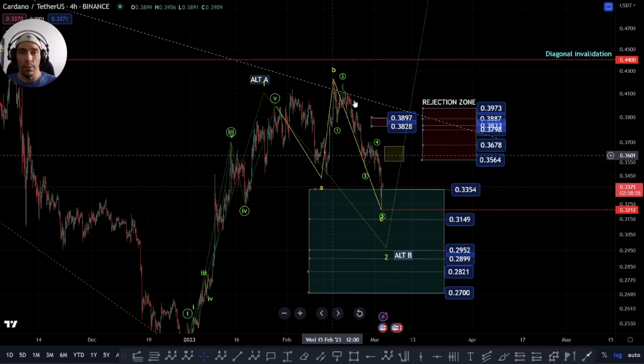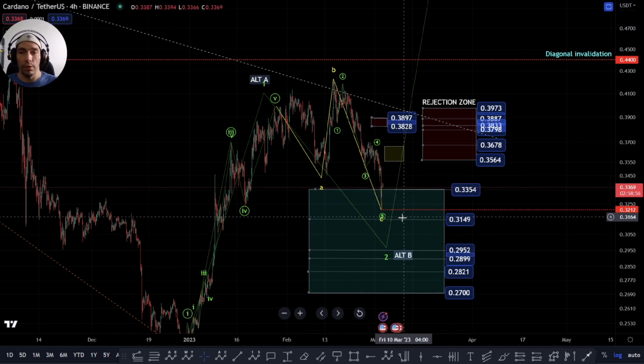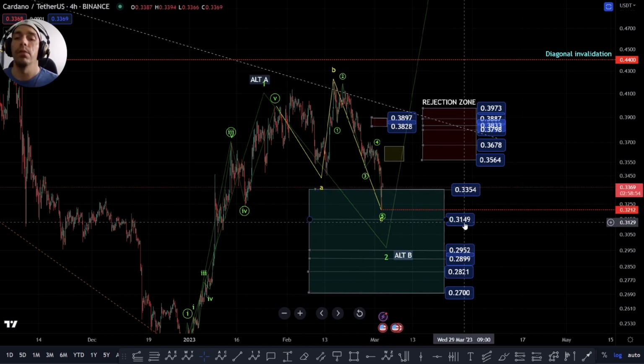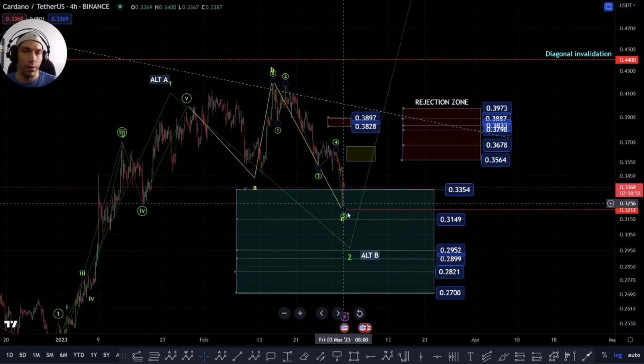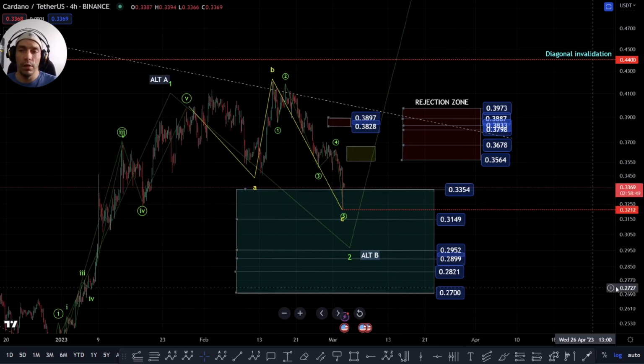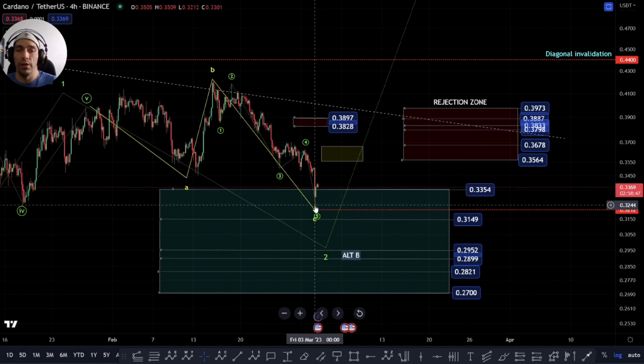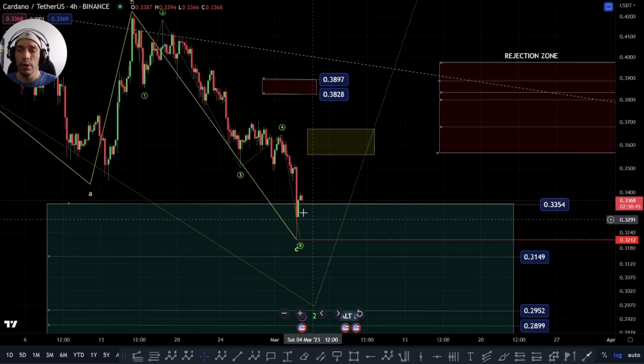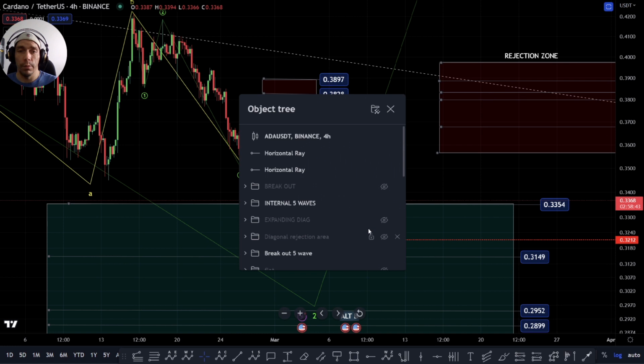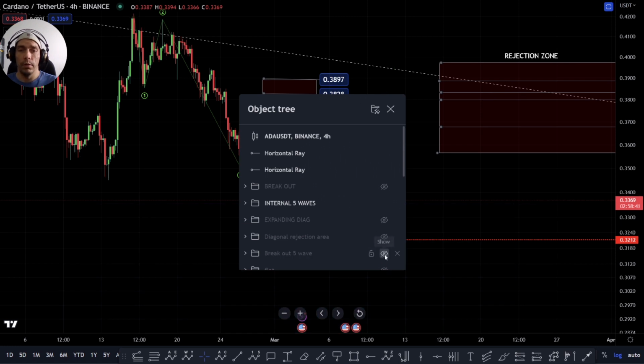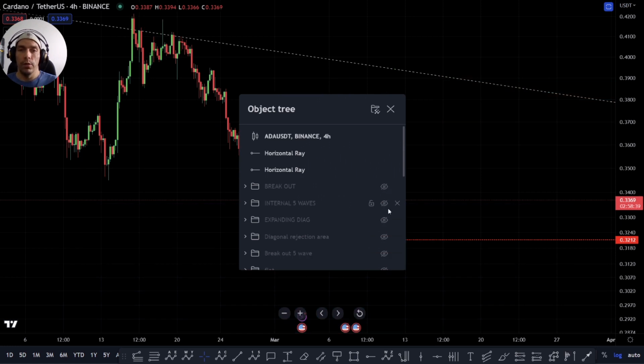I think that we have had a sufficiently deep corrective move, because this move hasn't really come down to that 50% yet. And as a flat, that's fine. We came into this 382 to 50%. So this is viable, but it needs to hold this low if we're going to look at this potentially as completed.